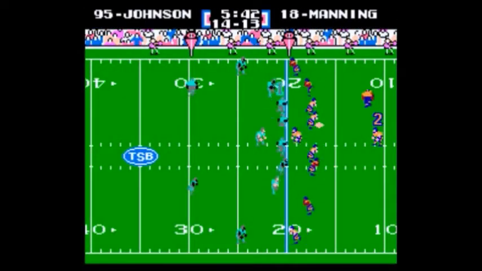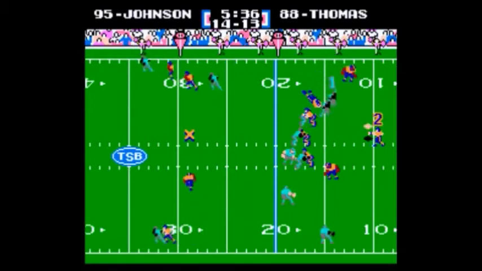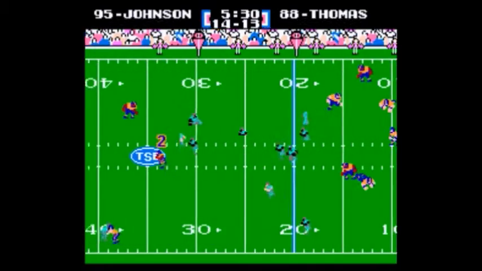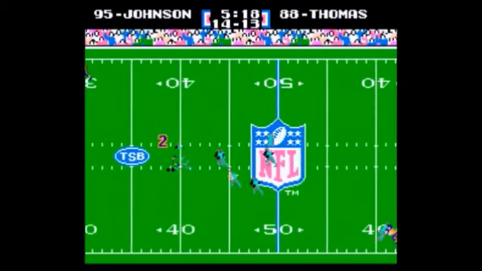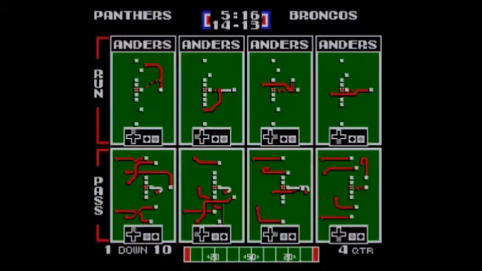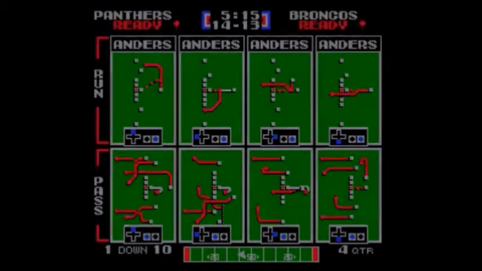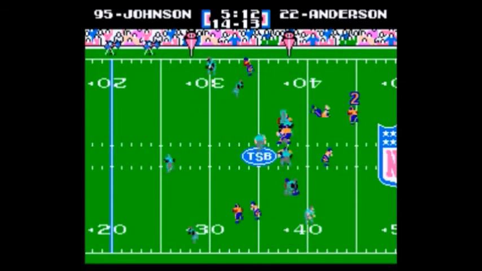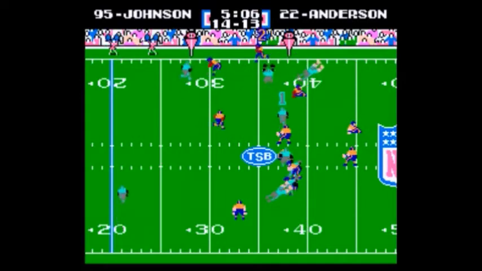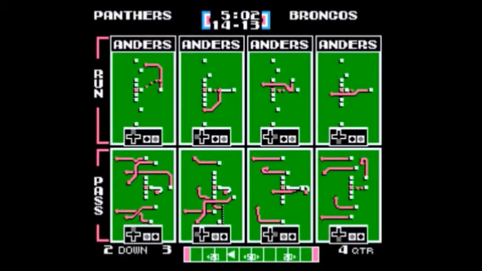But Manning out of the shotgun formation here. Just great defense by the Panthers down the field. I say that as Thomas makes a huge reception, but still. He was on a little crossing route there. Now, I would say that ball could have even been thrown better because he had to cross and wait up a little bit for it. He just, through his own sheer will, got away from those defenders and turned that into a big gain.